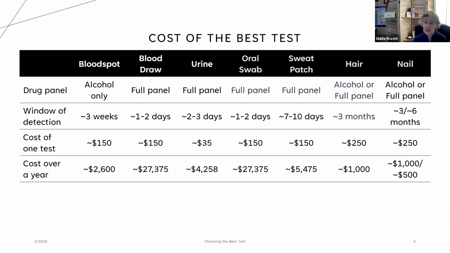So yeah, the tests are more expensive, absolutely. But the idea behind them, if we're treating substance use disorders, if we're helping somebody become abstinent, helping somebody get into recovery, or if we're monitoring that recovery, those hair and nail tests are, to me, far and above anything we're getting. The other piece of this is we have to remember what we want to know. What kind of information are we trying to gather? If we test somebody for alcohol only and they're using another substance, that's not really helpful.